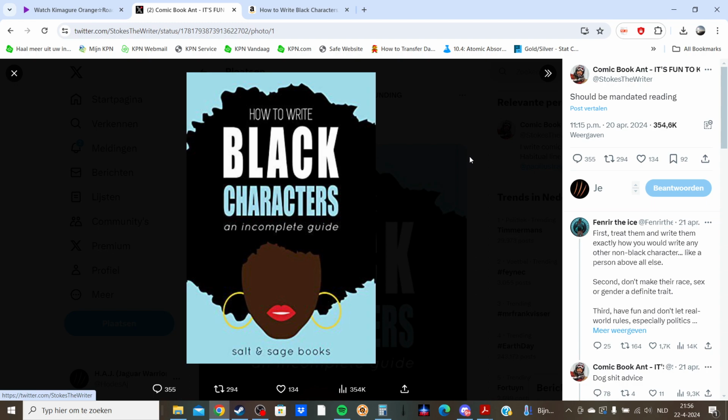And what kind of reading material you need to read and examine to create a certain character from a certain background, etc. And this is nothing different. This book called How to Write Black Characters. At least they're honest about the incomplete part, but